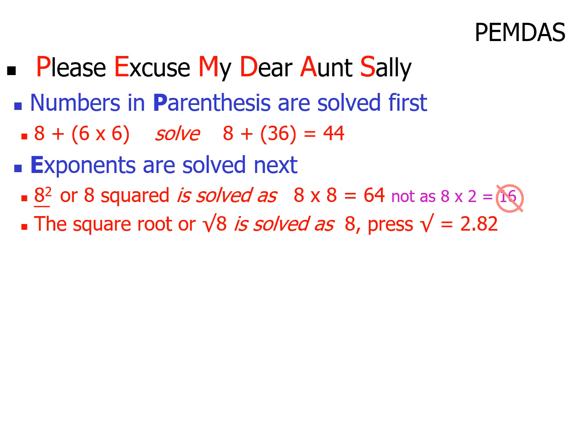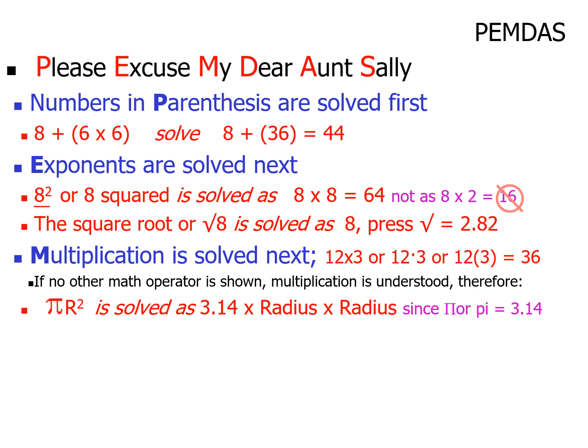Once we do our exponents, then we do any multiplication we may have. We look at the equation, where can we multiply? This little x to us means it's a multiplication symbol. The little dot represents a multiplication symbol. And whenever you have a number set next to a parenthesis, that's understood to say 12 times 3. Well, look, all of them is 12 times 3. So no matter how you do it mathematically, you come up with the same answer, 36.